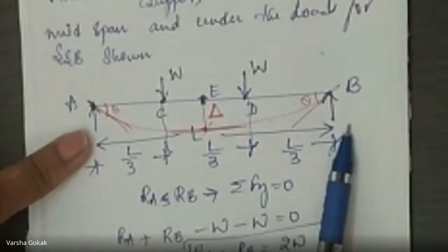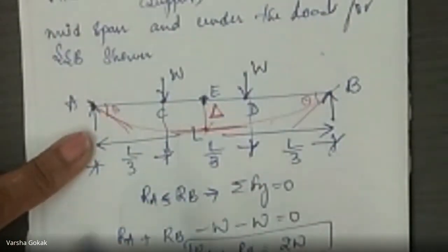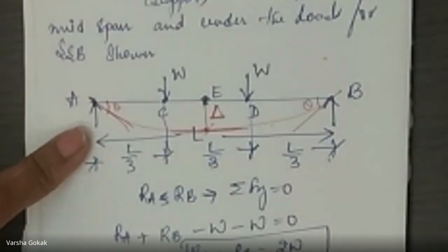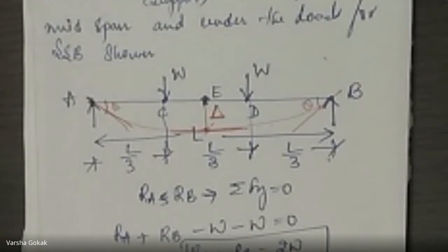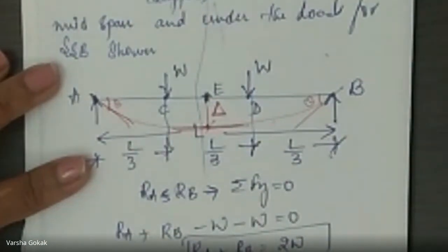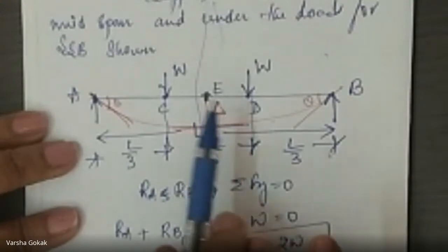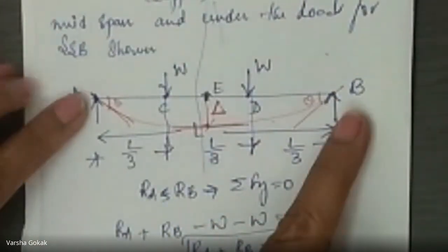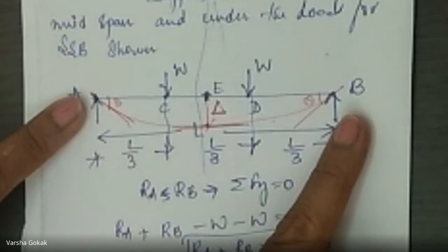And the other shortcut method, if I want to tell you, look at the figure. Is this a symmetrical figure? Yes or no? Put it into the chat box. Symmetrical: if I fold it along this axis, is it the same on both sides? Yes, okay. So it is a symmetrical figure, and when it is a symmetrical figure, your RA and RB are going to be the same values.